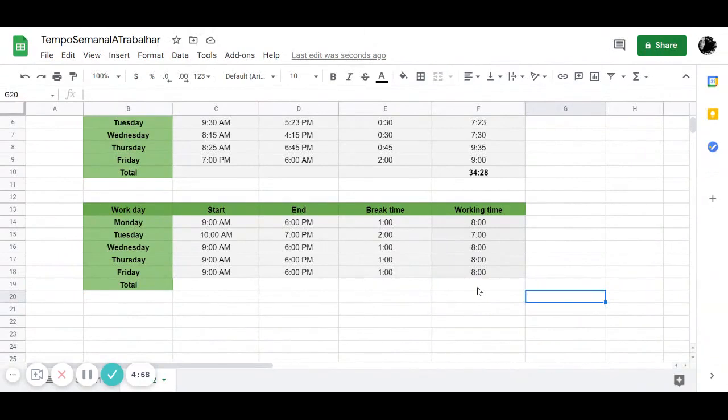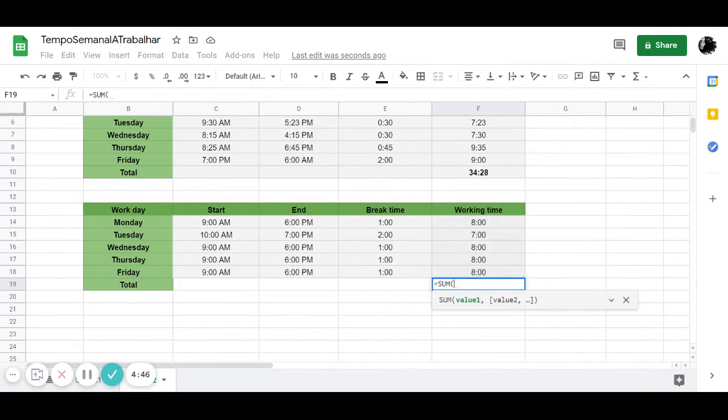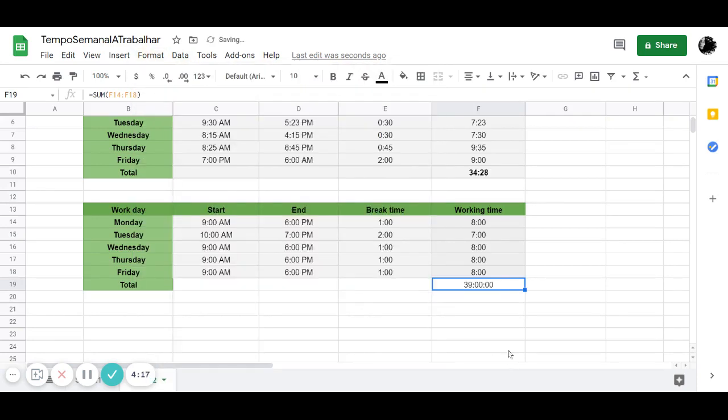So for the total, you just have to do a sum here, like I did above. So here you put equals sum beginning F14 till F18, right? But as you see, it didn't give us the expected amount of time, right? Because this is formatted as a time. So you have to format this cell as a number, and here you pick duration. All right. So as you see now,